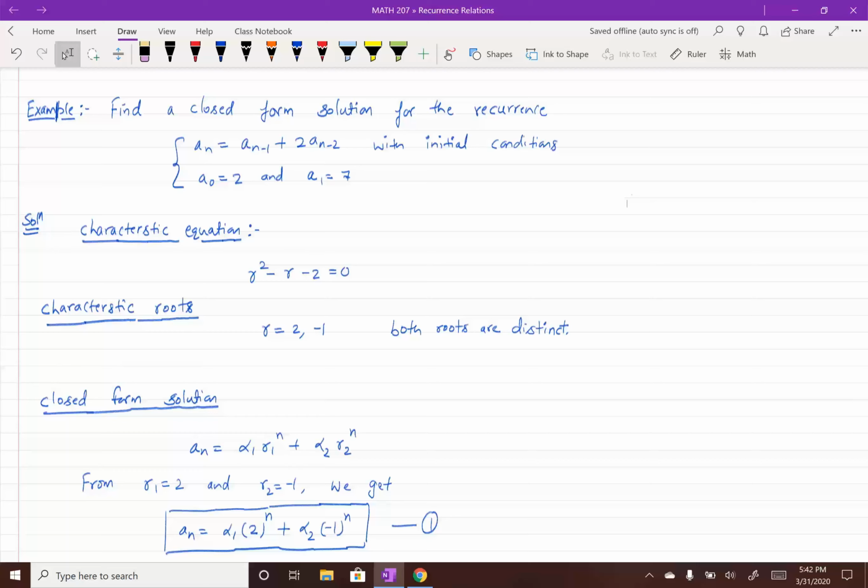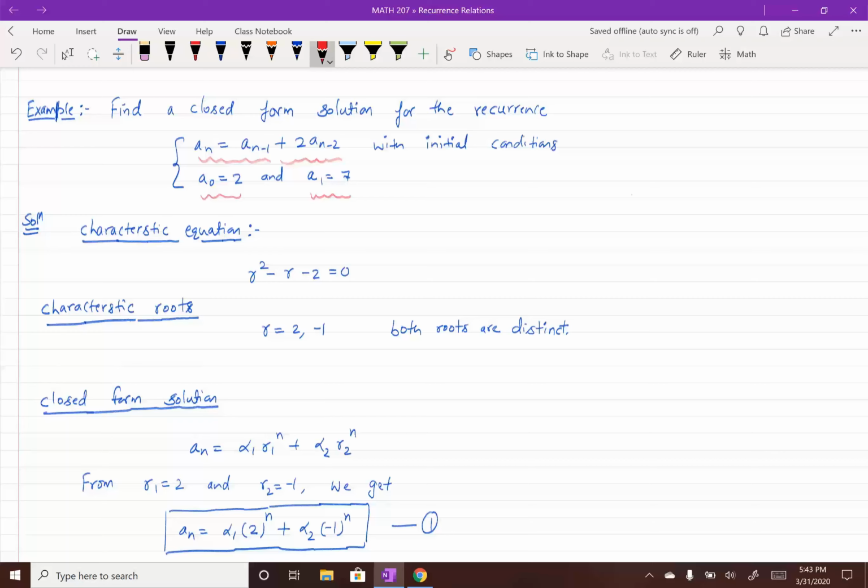Let's look at one example of how to find a closed form solution of a recurrence relation, which is given by two initial conditions, a of 0 is equal to 2 and a of 1 is equal to 7, and all other terms of this sequence can be generated through this relation where a of n is related to a of n minus 1 plus 2 times a of n minus 2. From this recurrence relation we can say it is a linear homogeneous recurrence relation with constant coefficients, and two initial conditions are given here. So the first step is we're going to build the characteristic equation,